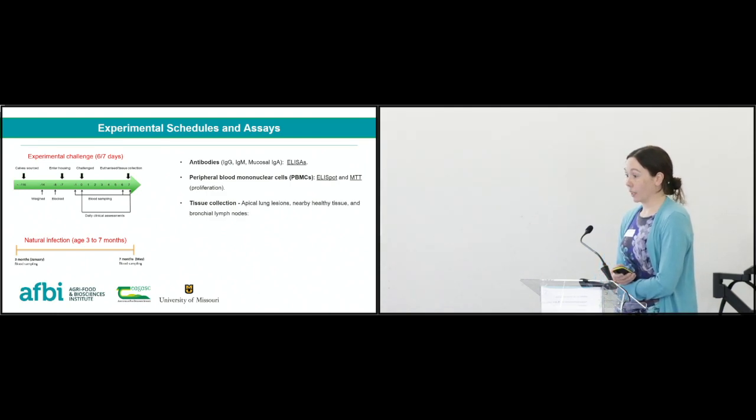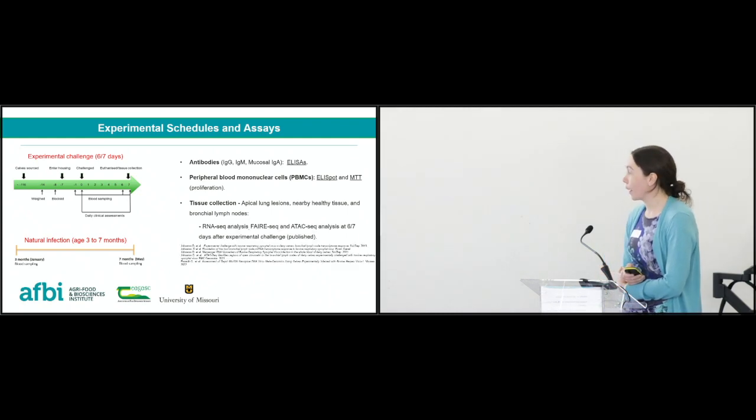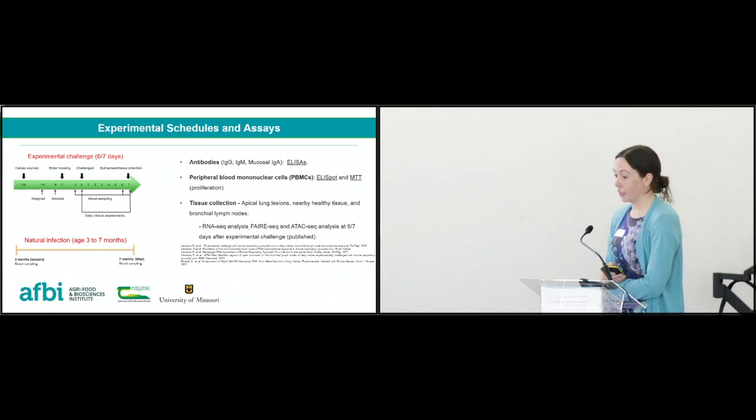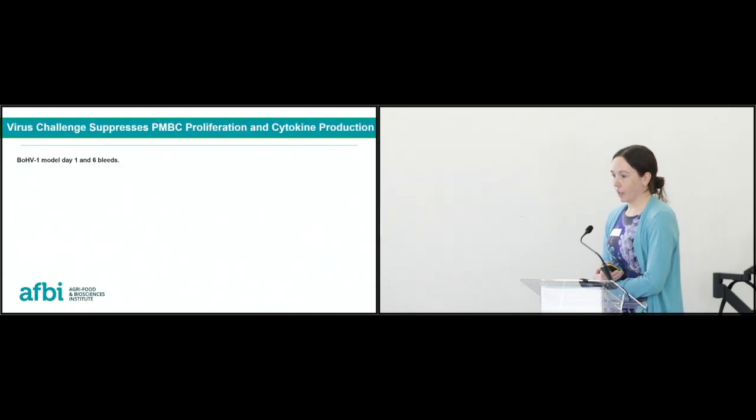And as I said, we can also collect tissues from animals at post-mortem. We can collect lesions from the lungs and also compare them with nearby healthy tissues and isolate bronchial lymph nodes. And we've had previous collaborations with colleagues in the south and at the University of Missouri, where we've done transcriptomic analysis on tissues isolated from infected animals compared to uninfected animals. These results have been published, and I won't be going into particular detail there, but I'll just show some data we have from a bovine herpes virus challenge, where we looked at PBMC proliferation and cytokine production